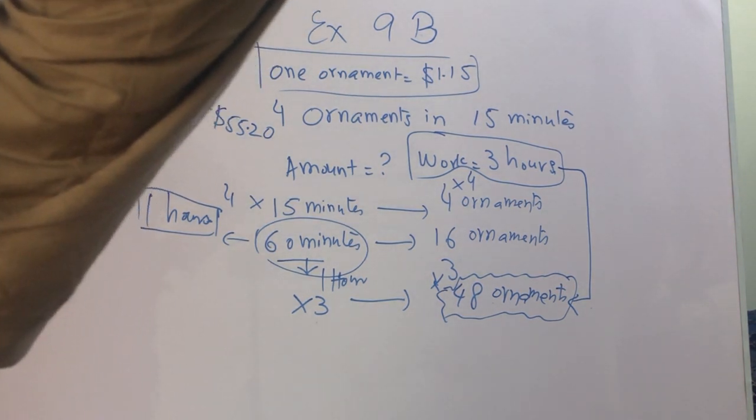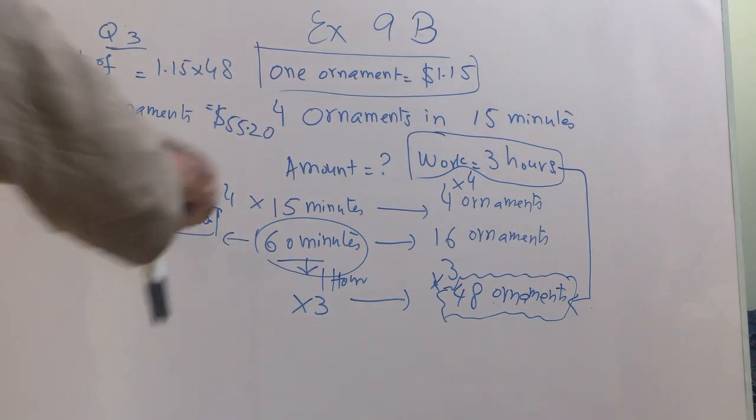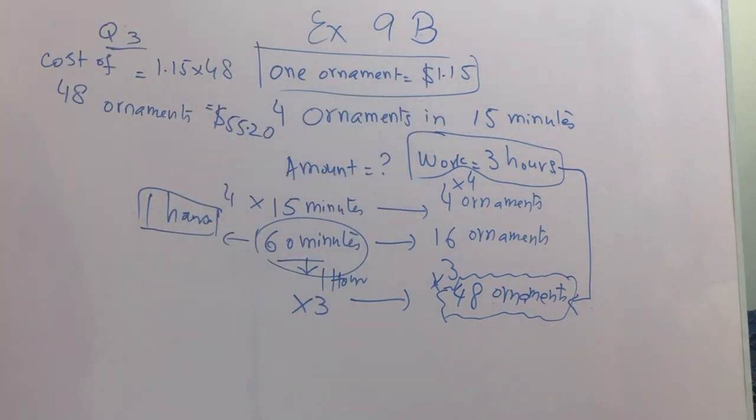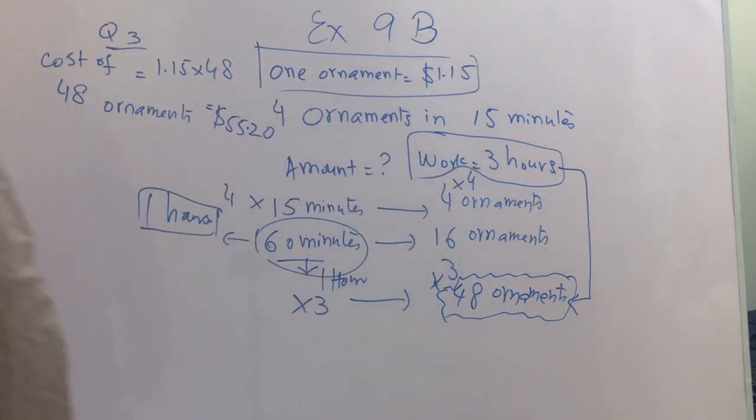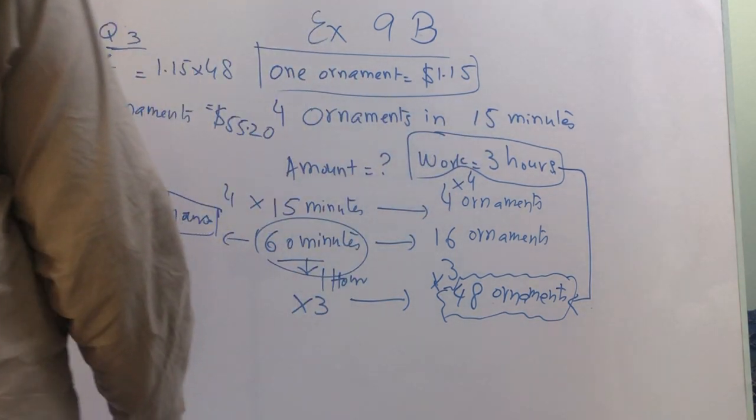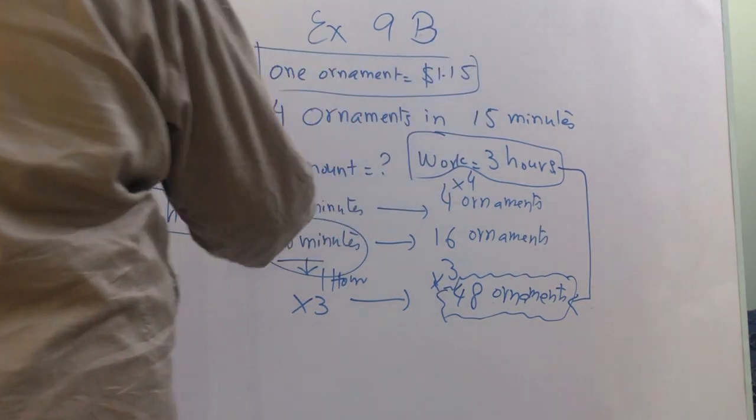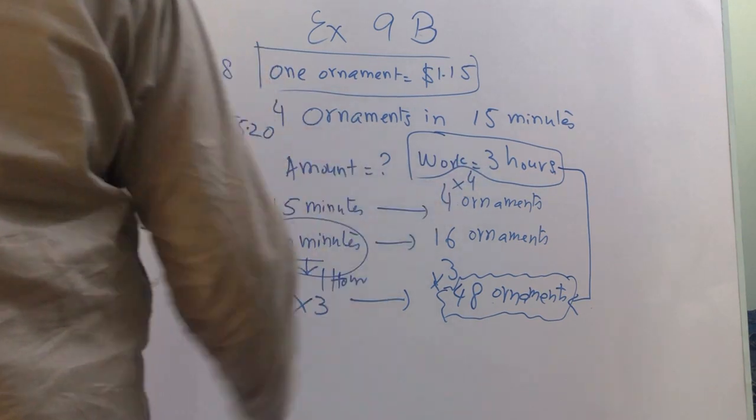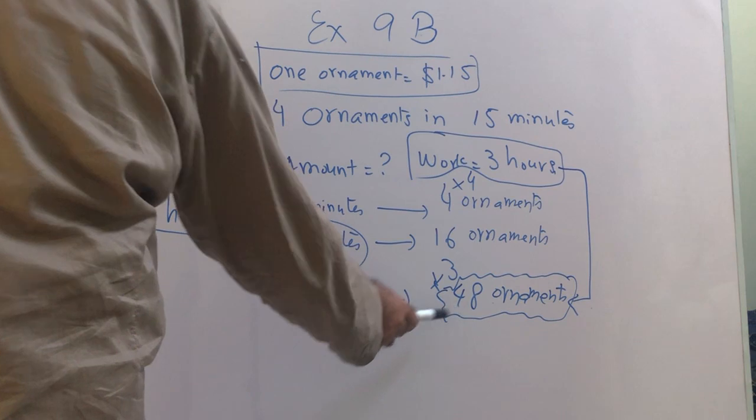It was given that for each ornament that a worker makes, he is paid $1.15. One ornament, this much amount. He makes 4 ornaments every 15 minutes. 4 ornaments in 15 minutes. He has a time of 3 hours, so how much will he get in terms of dollars? So we just multiplied these two with 4 and 4. So in 60 minutes, 16 ornaments. It means in 1 hour, 16 ornaments. We have 3 hours. We will multiply with 3. So it means 16 into 3, 48 ornaments. He will be making 48 ornaments in